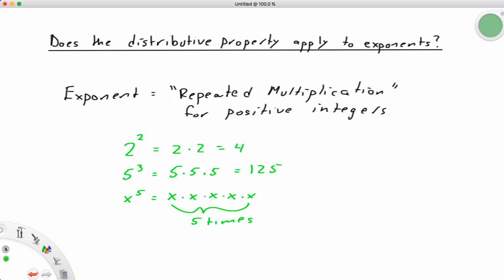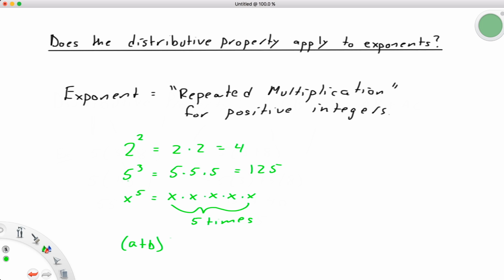And so this represents something totally different than just taking a product. It represents a repeated product. We multiply the base 2 twice, we multiply the base 5 three times, we multiply the base x five times, and that would still be the case if we had something like